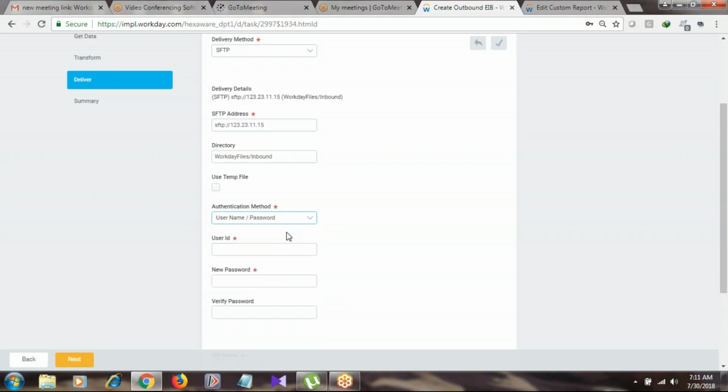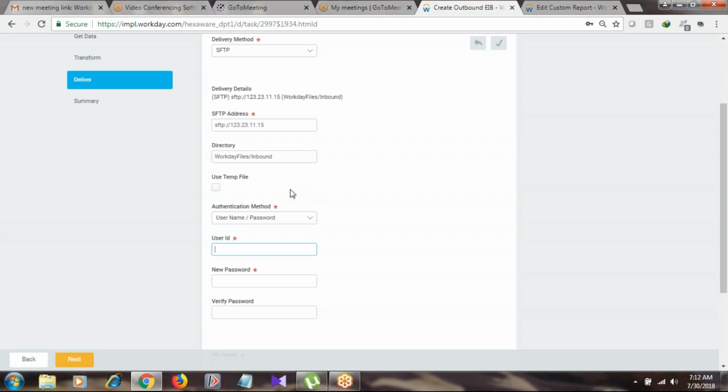So the vendor will provide us a username and password to connect to this SFTP server, because this is their SFTP server. We want to connect to that SFTP server and place the file on their system. That's why they provide a user ID and password for us.